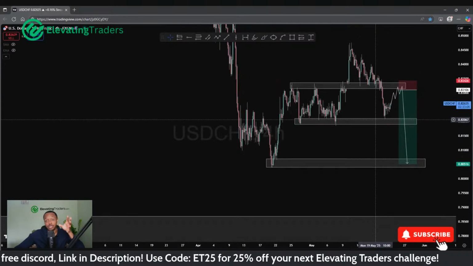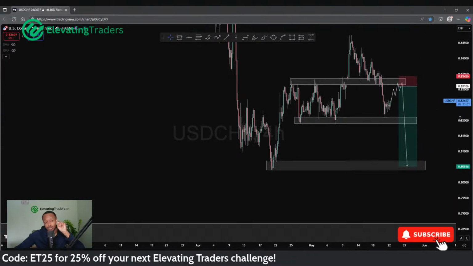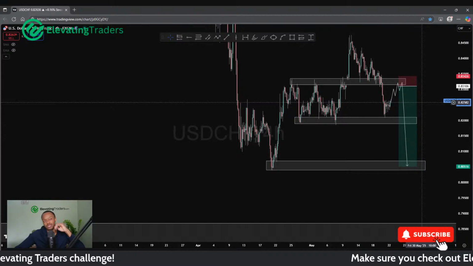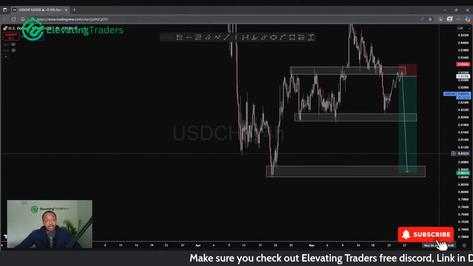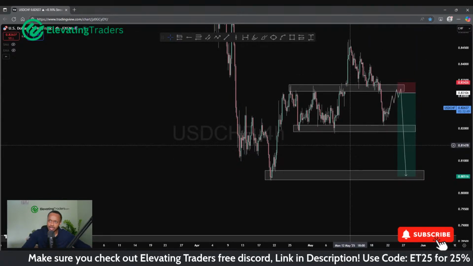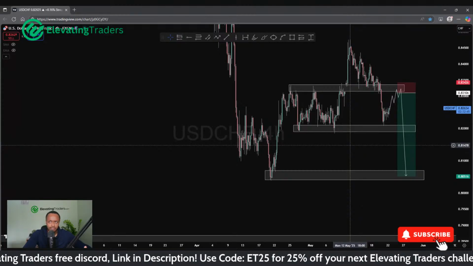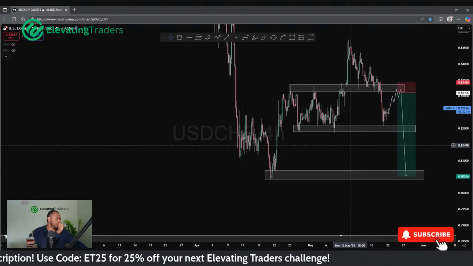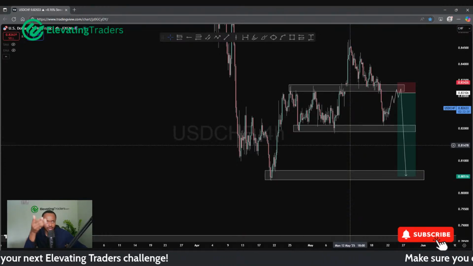But yeah, dollar CHF, as I was saying, USD looks primed up for some more weakness. So I actually like the look of this more so because I'm shorting the dollar, not so much that I'm buying Swiss. But yeah, I like the look of this to the downside, so I'll keep an eye on the retest of that level. And that's kind of it with the CHF pairs. Aussie CHF longs, New Zealand CHF longs, dollar CHF shorts. In terms of the USD pairs, so again, dollar CHF looks good.